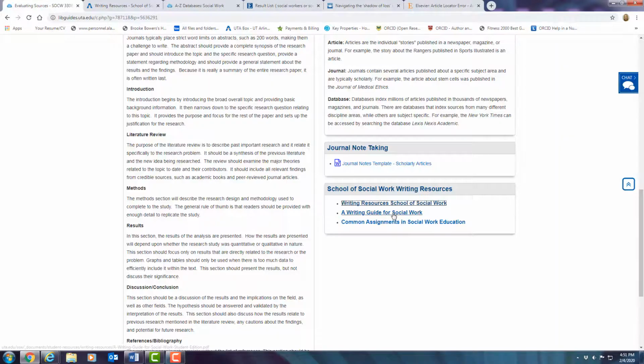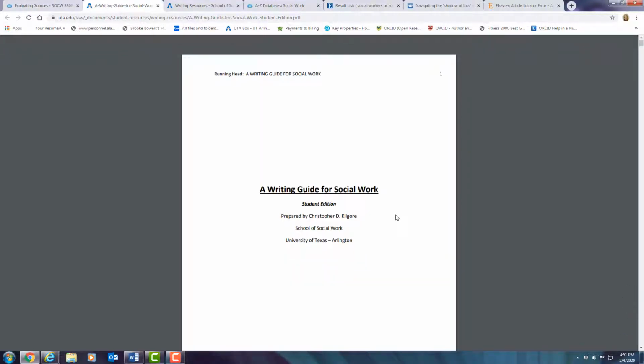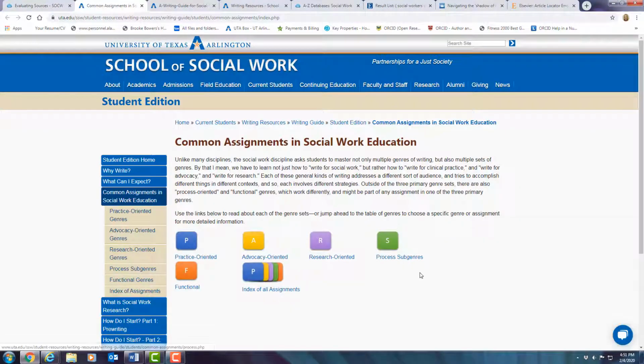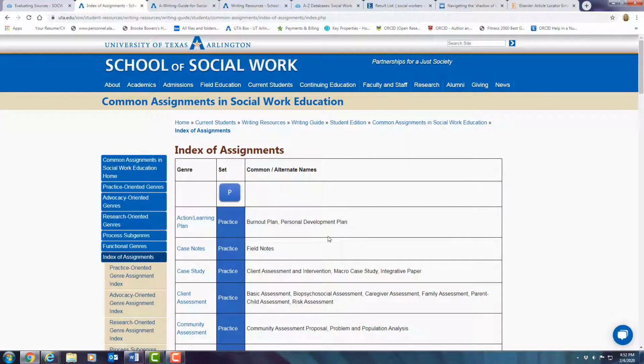If you go to the Writing Guide for Social Work, this is a large document that Dr. Kilgore created, and it's very thorough, all about writing for the different assignments in social work. So the research assignment will be in here, so I recommend that. And then this is all the common assignments in social work, and it's broken down by genres. And so I would definitely take a look at that. Obviously, for this course in particular, it's research-oriented writing, and you can get a list of all of the assignments for all your classes broken down by